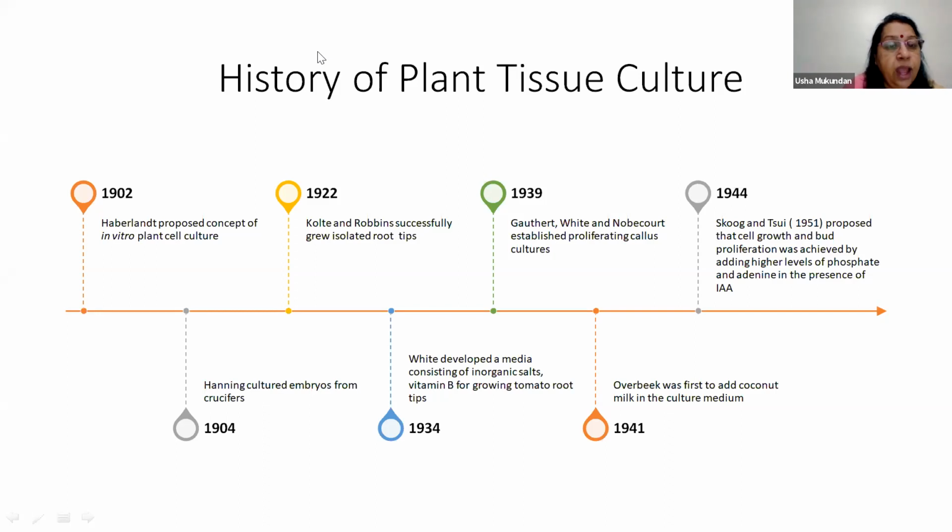form an entire plant. And he was very optimistic in the sense that he used the Rhaphidophora plant and especially the mesophyll cells. See how intelligent he was. He thought because they contain chloroplasts, it would be a good system to develop into an entire plant. However, he ignored one simple aspect, that is of axenic or aseptic condition. So Haberlandt was a German plant physiologist. Even though his experiments did not succeed, it paved the way for a very big revolution.